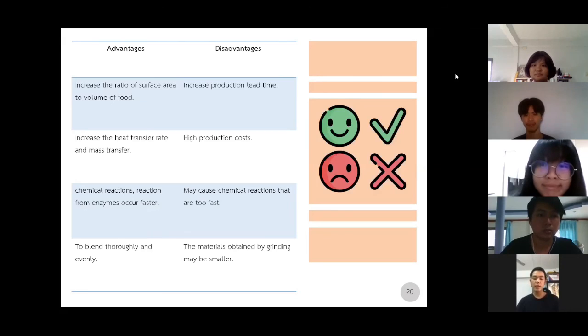And disadvantages are such as 1. Increased production lead time. 2. High production cost. 3. The material obtained by grinding may be too small, and 4. May cause chemical reactions that are too fast because the particles are small and easy to cause